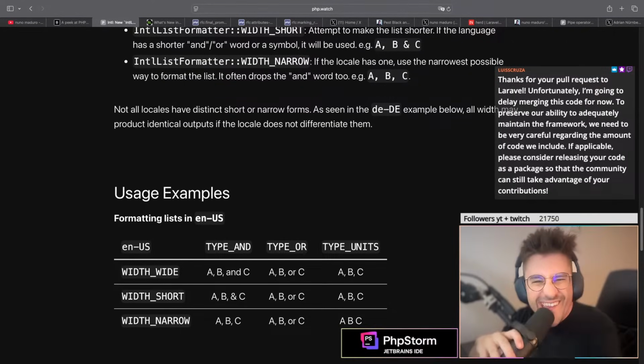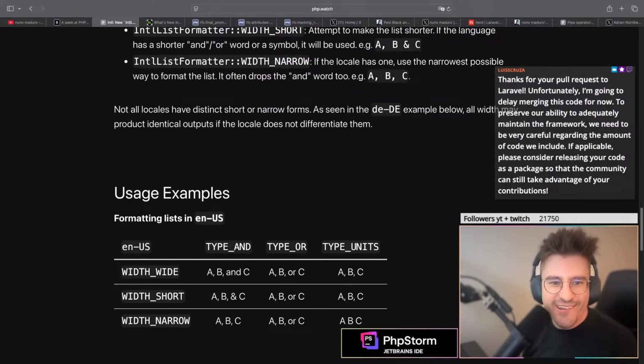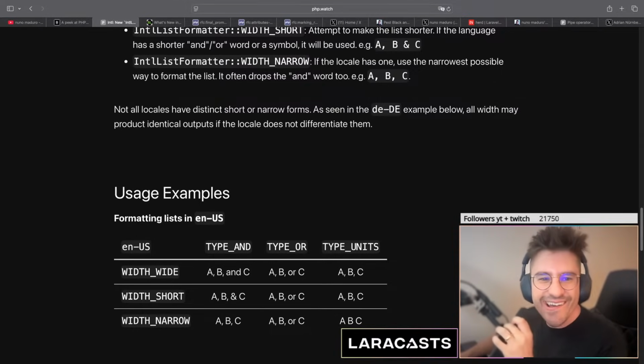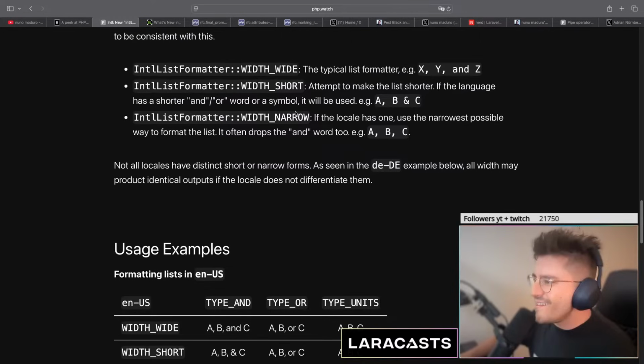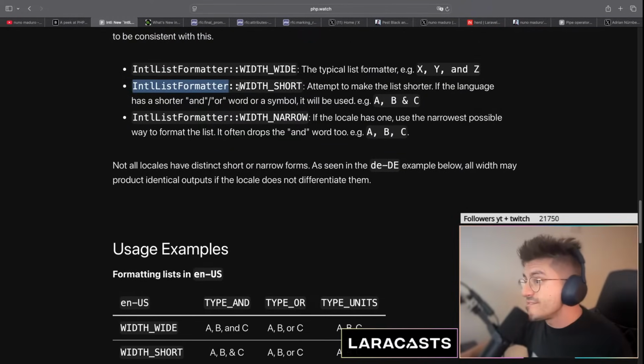Thanks for your pull request in the Laravel. Unfortunately, I'm going to delay merging this code for now to preserve our ability. It's what Taylor says all the time, right? Yeah, it's indeed something I would probably prefer as a package, but now that we have this, I would say